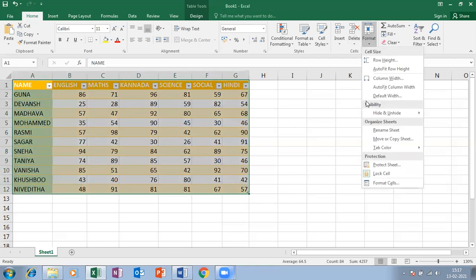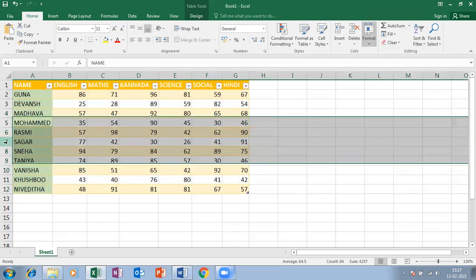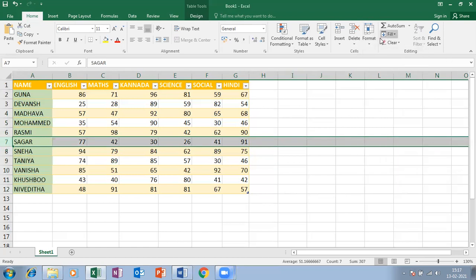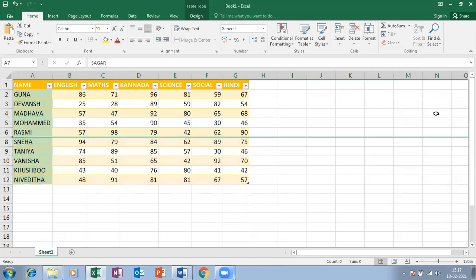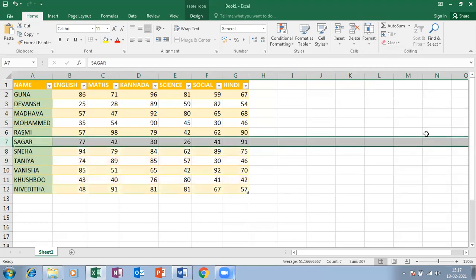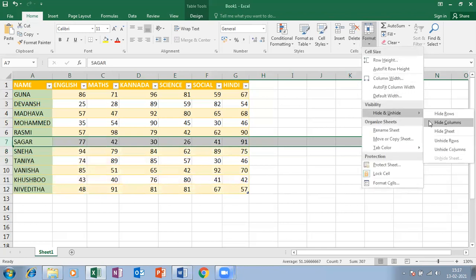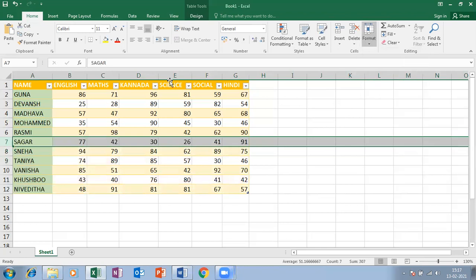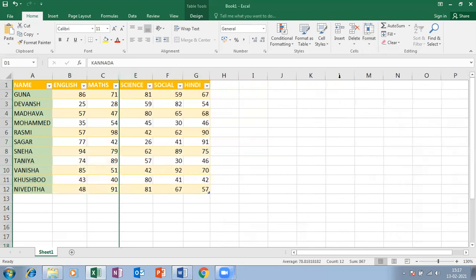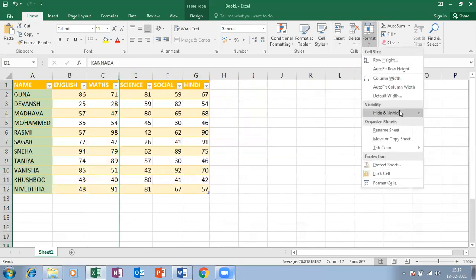Okay, again then click on, see, hide row. So let me select 7th row. Already I told you once. Again, let me repeat it once. Hide a row. Again, unhide a row. Hide a column. Again, unhide a column.